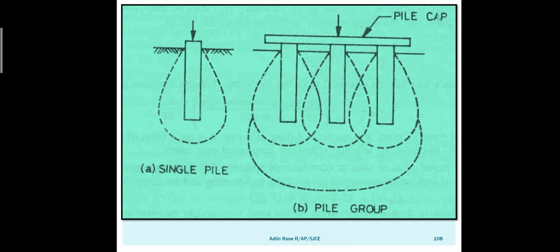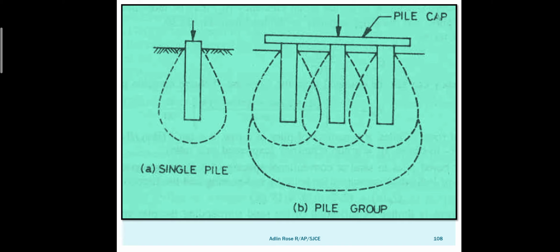Okay, so for a single pile, this is the pressure bulb. Pressure bulb for a shallow foundation, Boussinesq theory you learned, no? Here for a pile foundation, you can see the bulb like a balloon. We know that because of this pressure bulb only, that pile is standing. Otherwise, if the pressure bulb gets loose or disturbed, it will collapse, the building will collapse. So for the single pile capacity the pressure bulb is given, and for a pile group capacity, we know that there are single piles, and each single pile will have a pressure bulb.